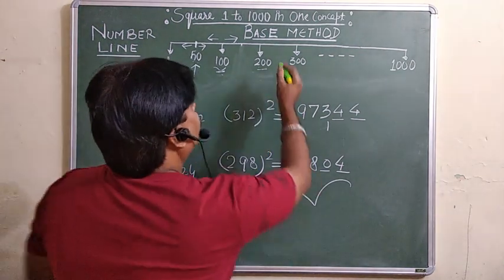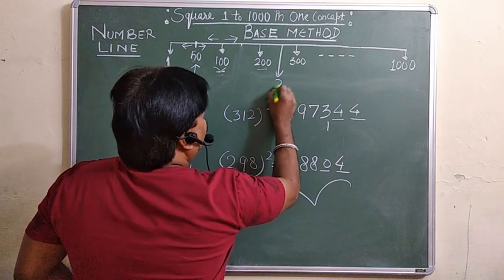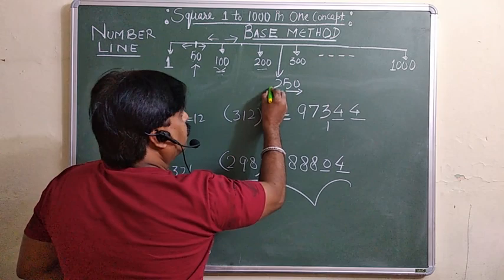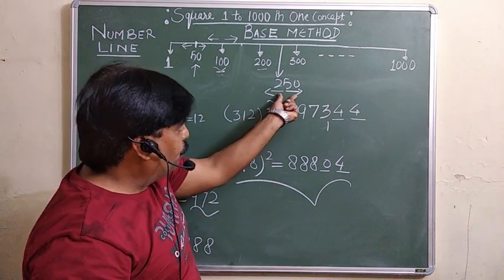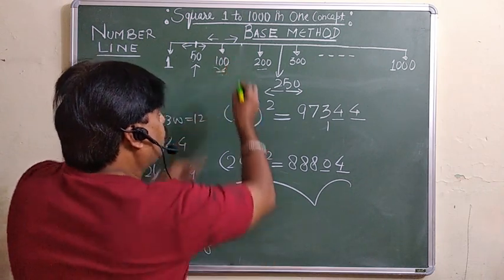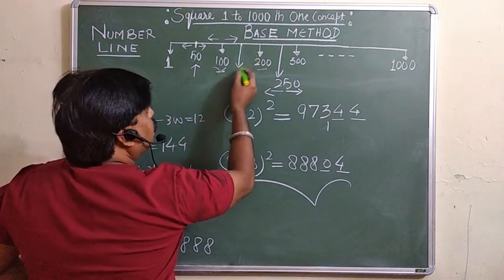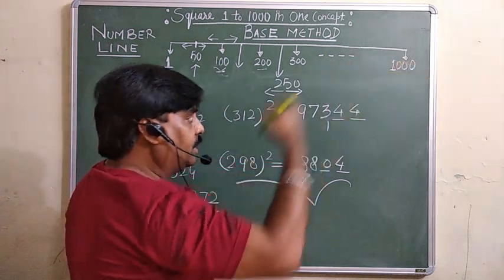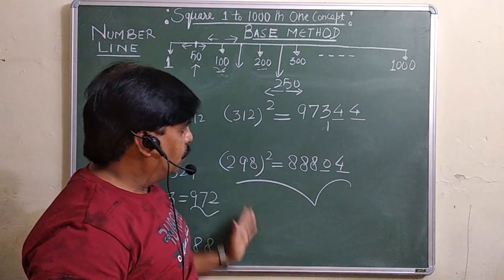Similarly, in the same way, if it is less than 250 or more than 250, the same method is there. And this 250 is how much percent of this one, 100? Like 150 we were taking, that was 1.5 times of 100. This is 2.5 times of this one. So the same method is there only. So for the rest of the numbers you can do. Have a look.